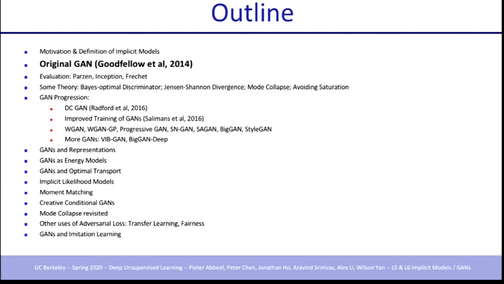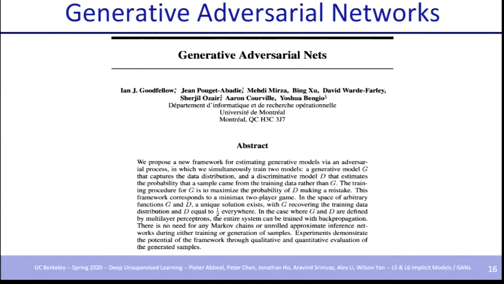Okay, so let's take a look at the original GAN. The paper came out in 2014. It proposed a new framework for estimating generative models via an adversarial process. Simultaneously train two models: a generative model G, which captures the distribution, and a discriminative model D, which checks how different the distribution we're generating is versus the data distribution. That's the high-level idea. Experiments demonstrate the potential of the framework through qualitative and quantitative evaluation of the generated samples. And since then, that potential has definitely been filled in by many follow-up papers. I think this paper might be cited 5,000 times by now or more.